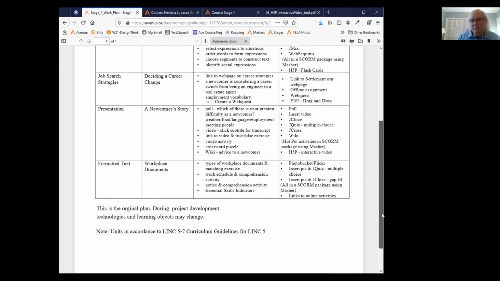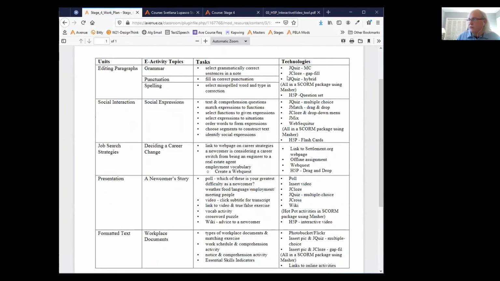Some people already have it in their head, or they've done it before, and the difference is that they take an existing unit that they've used and just dovetail technology in here. I know it's not simple. I'm not trying to make it sound simple, but this is quite nice. So essentially here you have the unit of study, the e-topics, and then the tasks that they will be doing, and what technologies the candidate feels that they can